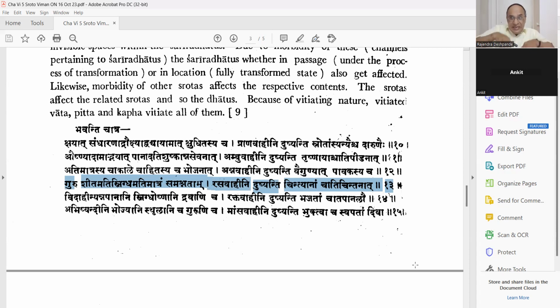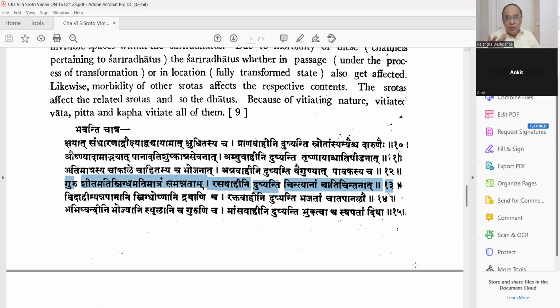And why is that basic digestion problematic? You are not following the rules and regulations of eating. That is why the problem. First indigestion and then problem with the rasa dhatu. So the same causes that we have discussed a little bit about food indigestion are also applicable here. When you eat a lot of guru food, what is guru?